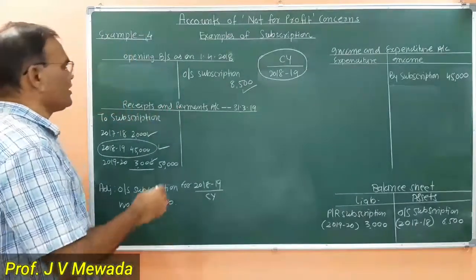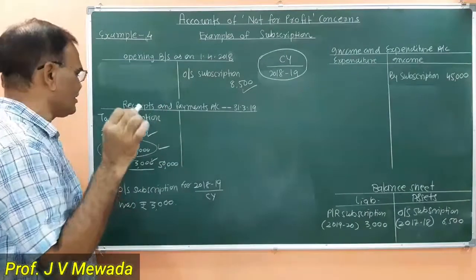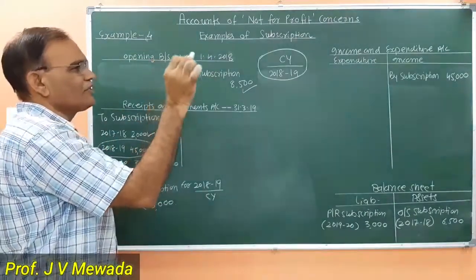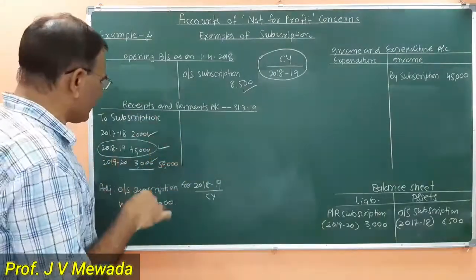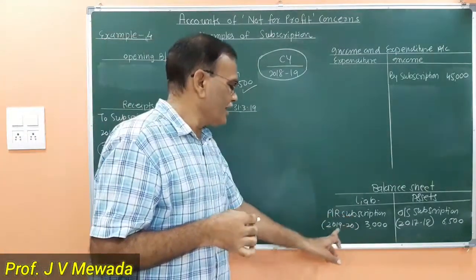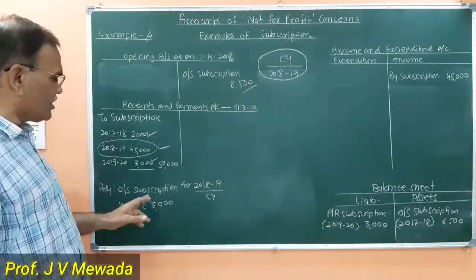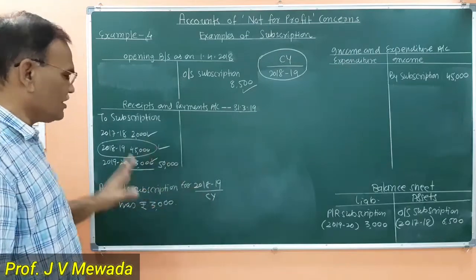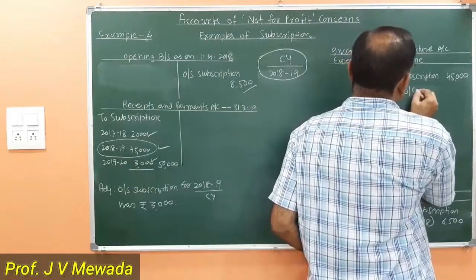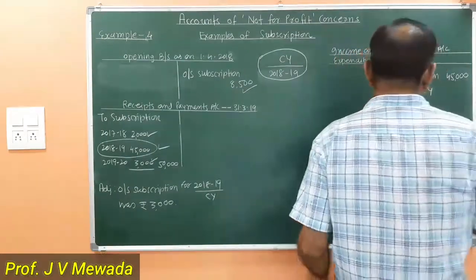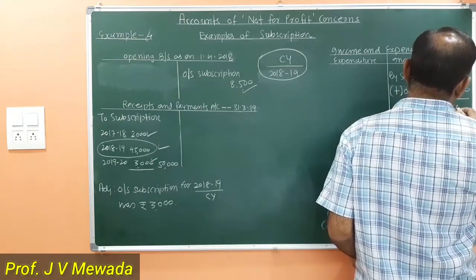so far what we have completed, जो भी आउटस्टैंडिंग था 8,500 में से 2,000 मिला, 6,500 उधर लिखा. 45,000 मिला, हमने 45,000 इनकम में लिखा. 2019-20 यानी कि नेक्स्ट ईयर के लिए इस साल मिला, तो हमने प्री रिसीव फॉर 19-20 3,000 इधर लिखा. तो ये पूरा हो गया फॉर्मूला. अब ये की एडजस्टमेंट है. आउटस्टैंडिंग सब्सक्रिप्शन फॉर करंट ईयर इज 3,000. सो वी आर गोइंग टू ऐड outstanding of the current year, that is 3,000. So 3,000. So total subscription हो गया 48,000.